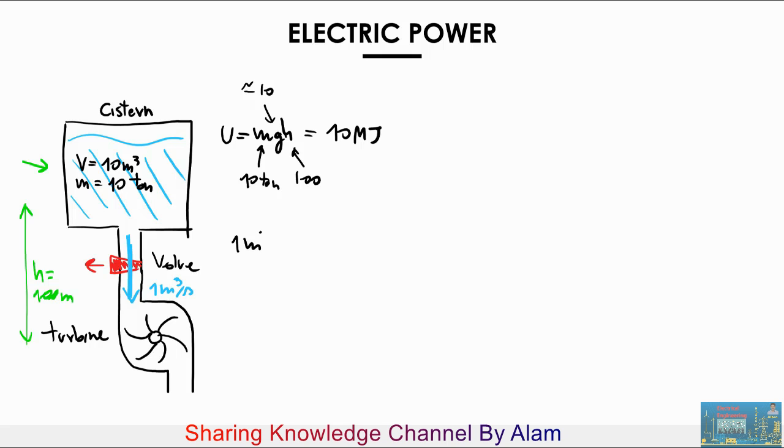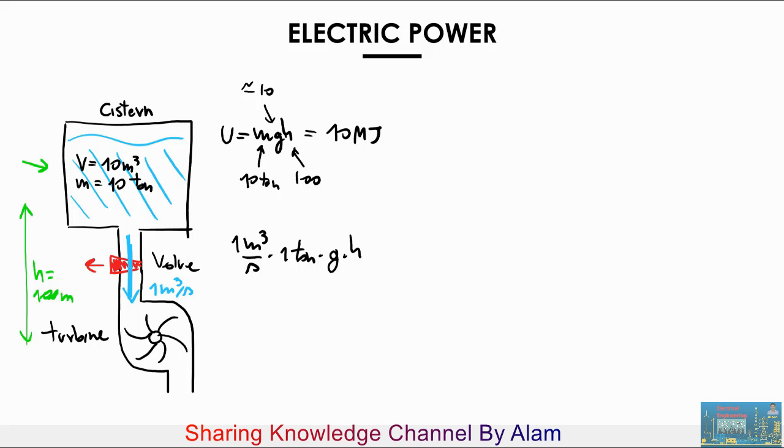So we have 1 cubic meter per second. Each cubic meter has a weight of 1 ton. Then we can multiply by the acceleration of gravity and the height. So in this case, it's a similar equation: we have the mass, the acceleration, and the altitude, all divided by second,